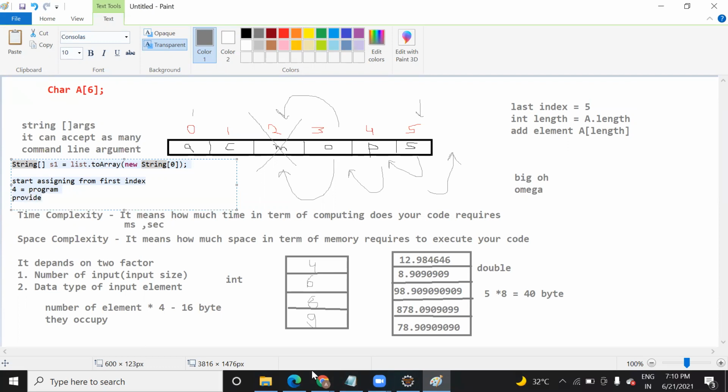It will not bother what element is present at index 4. It is considering the list which is holding the set of elements, and you are converting this list variable to an array. So it is going to consider all the elements. It will not bother about providing space from that index. But syntax-wise, we should give a 0 so that it won't give any error to us, because it will start assigning memory from the starting element. Now is it clear? Yeah. Okay. Provide space to all elements of the list collection.